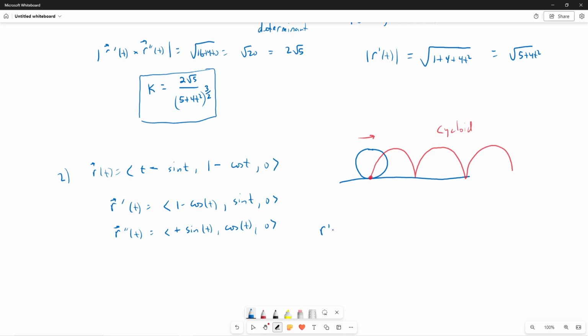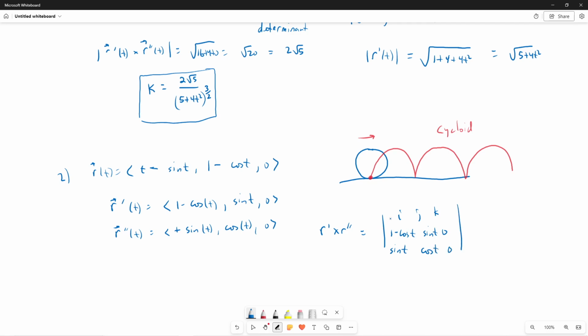So r prime cross r double prime, determinant ijk, r prime goes first, 1 minus cosine t, sine t, 0, sine t, cosine t,